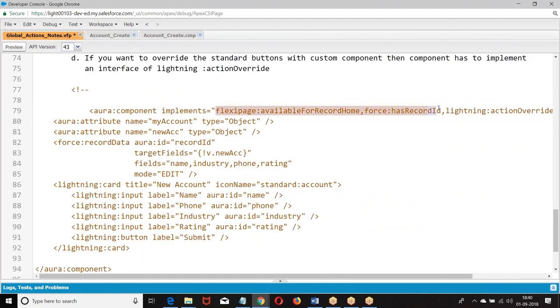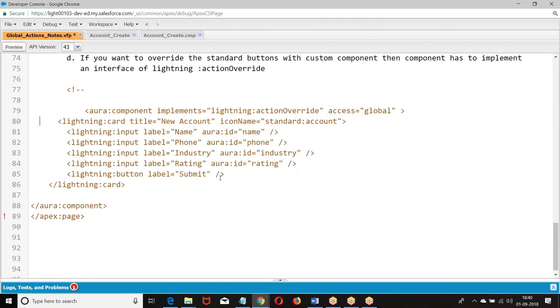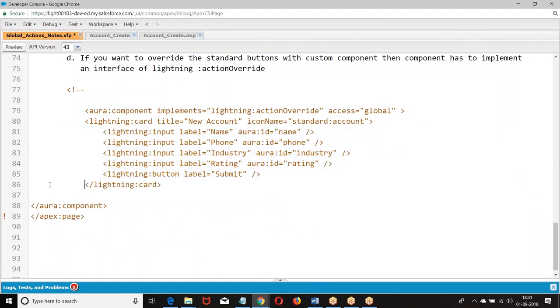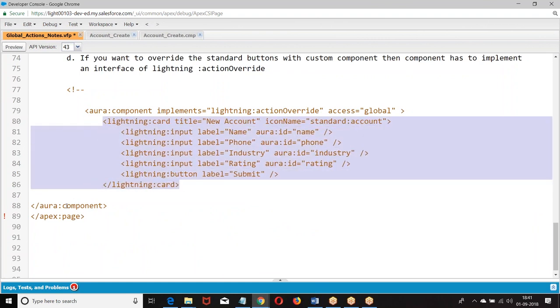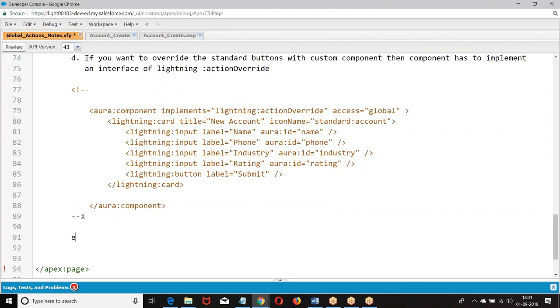I'll make it simple. Then how do you do that? Click on the tab. Otherwise you can do navigation.